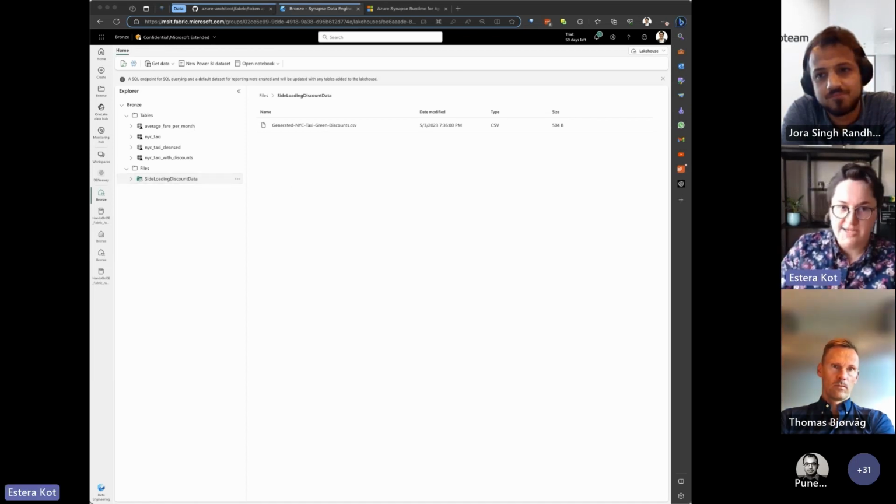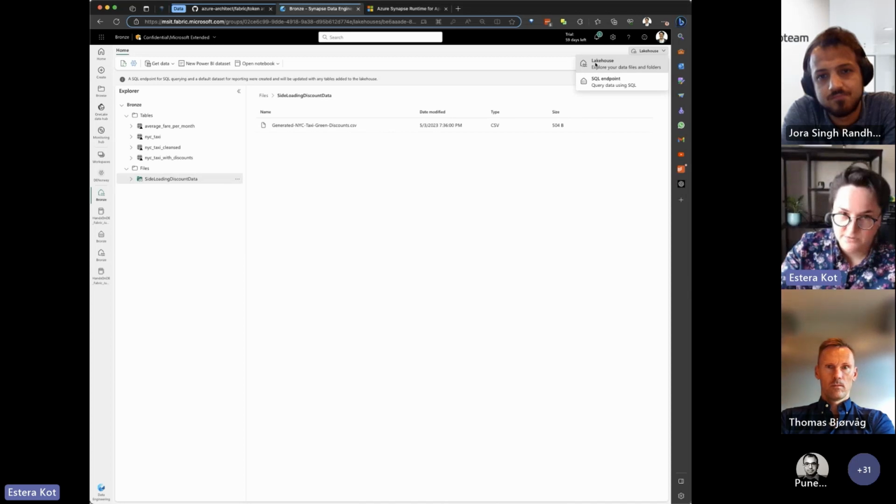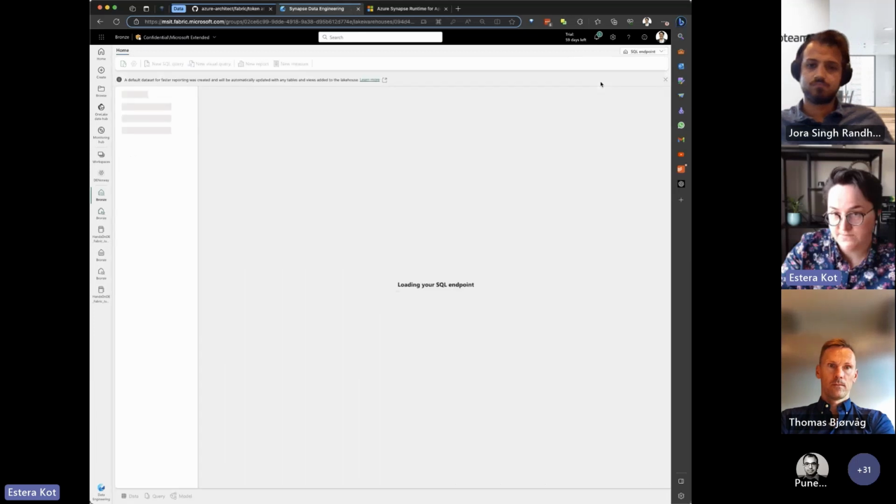You can use the Lakehouse in two ways. One is Lakehouse mode, which allows you, as we did, to deal with tables, files, and folders. The second mode is SQL endpoint mode. This will let you use T-SQL to read the data and to manage tables in the Lakehouse.